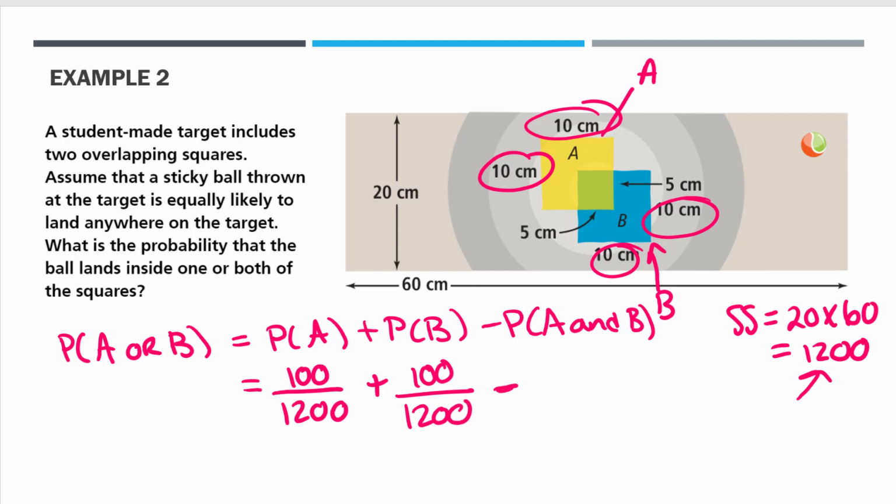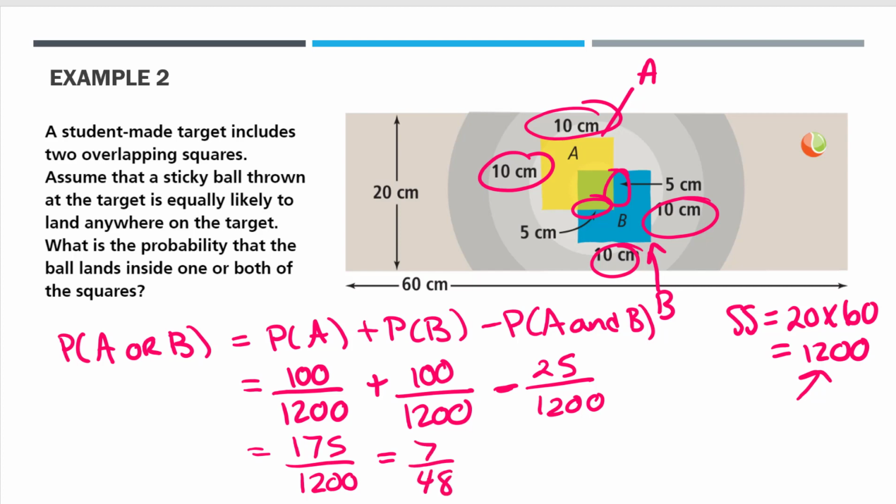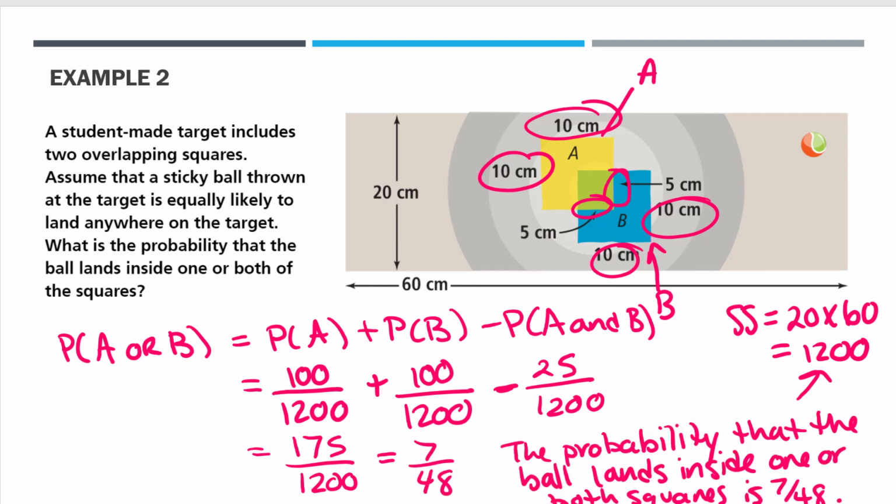And then our overlapping part is 5 times 5. So 25 over 1,200. So we add our numerators, so we get 175 over 1,200, and that simplifies to be 7 over 48. So the probability that the ball lands inside one or both of the squares is 7 over 48, which